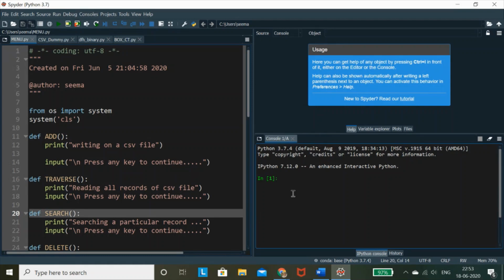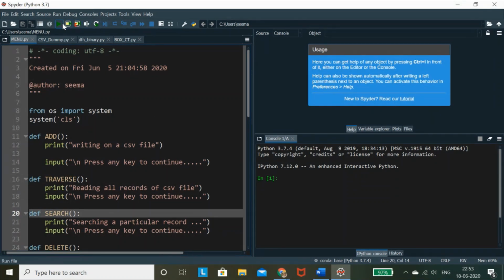This CLS command does not work in the Python shell. So that means if I'm going to run my code within the shell, this command is actually ineffective. In any project, we use a clearing screen command to clear the buffer, whatever is written on the screen. Let us suppose the user changes his choice and goes to some other screen. For that, I need to clear the screen, whatever content is written first.